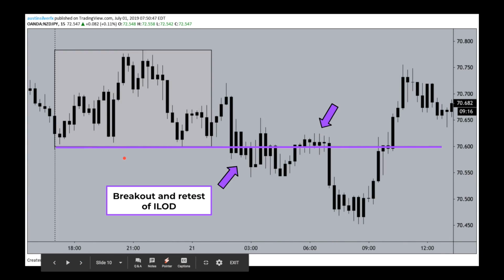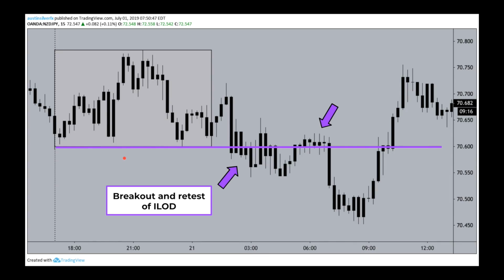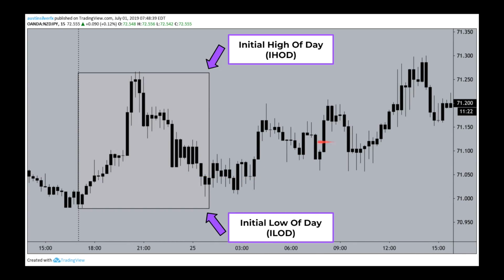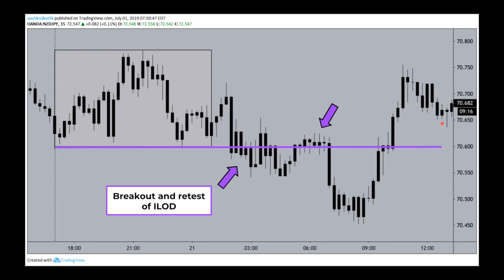What this tells us, and you're going to even start to see it here in some of these examples, is that if we can't break out of that Asian range, as you see in this example, you tend to see that market chop the majority of the day until it does break out. And even here, as it tries to get out past that high, it has a very hard time doing so. So what we tend to look for is pairs that break the Asian range, retest it, and then move off of it as a significant level.